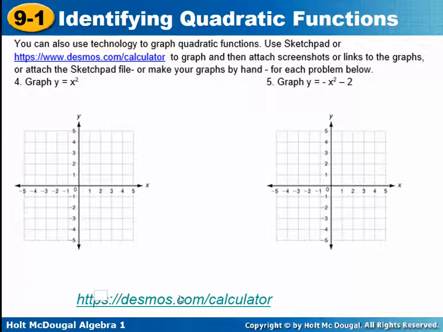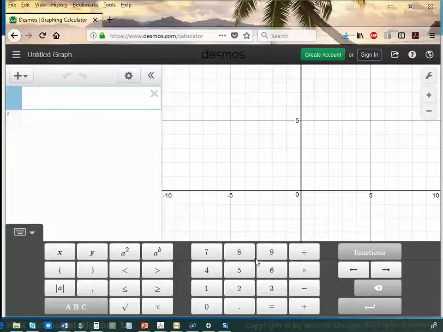So I'm going to go to this graphing calculator and show you how to use Desmos and how to share your graphs once you make them at Desmos. It doesn't seem to want to go. All right, so now I am at Desmos.com,